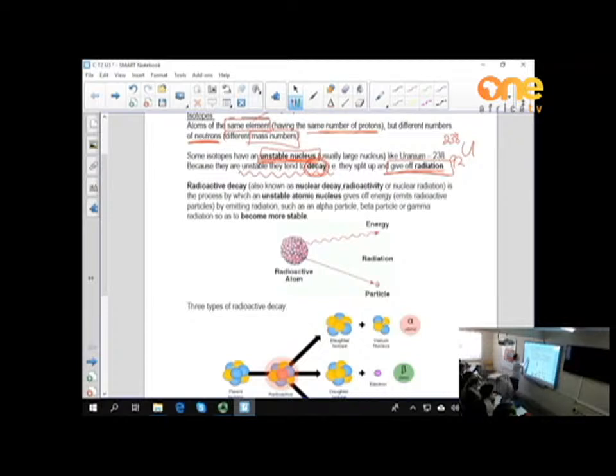Now, not all elements undergo radioactive decay. For example, carbon. Carbon has 2 very common isotopes, carbon-12 and carbon-14. How many electrons does carbon have? 6, it's atomic number 6. So carbon-12 will have 6 protons, 6 neutrons. But carbon-14 will have 6 protons and 8 neutrons. This makes carbon-14